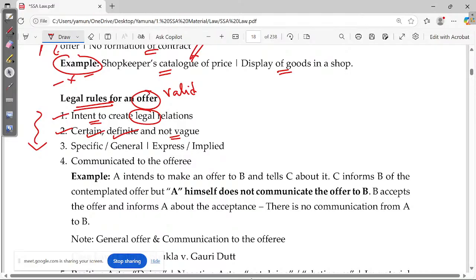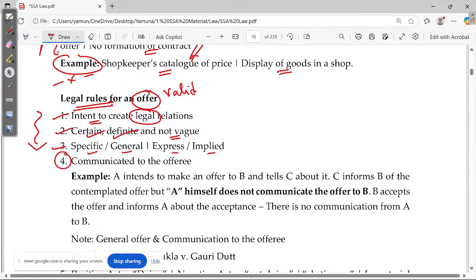See, all are one single point; we are seeing it from different angles. You remember the ninth essential, as we discussed in our list: certainty and possibility of performance is one of the essentials for a contract to be a valid one. That point is coming from this essential only. When we say an offer is express, then the contract will be an express contract. When an offer has clear certainty and definiteness, then obviously the contract is going to be a certain contract. It can be specific or general, or express or implied.